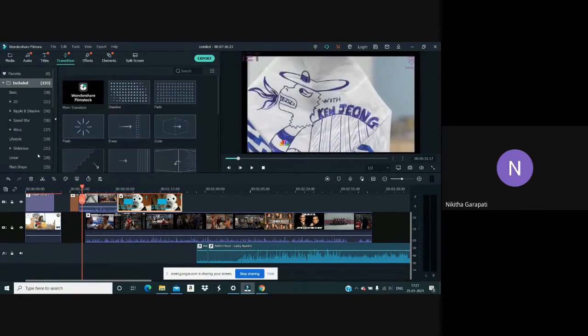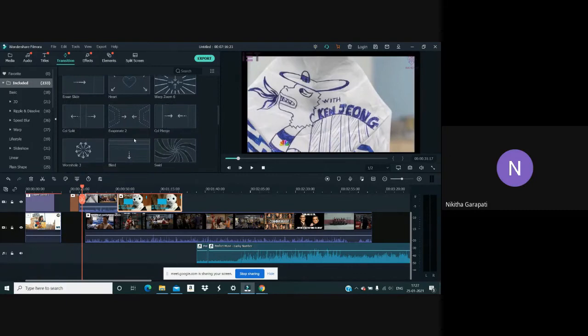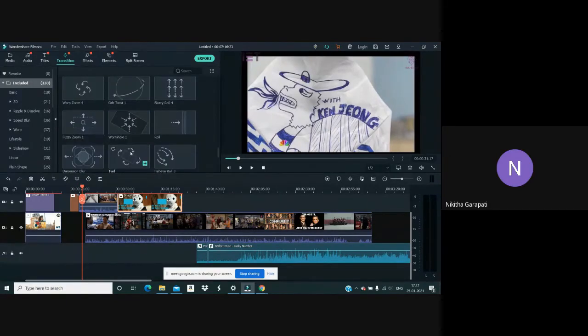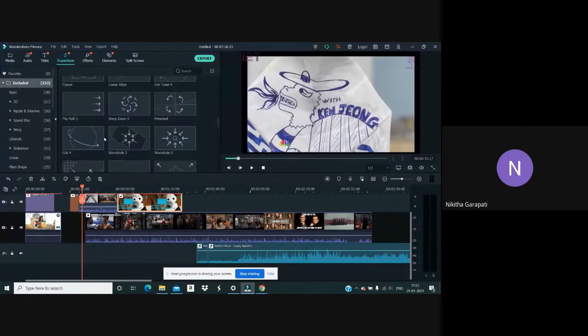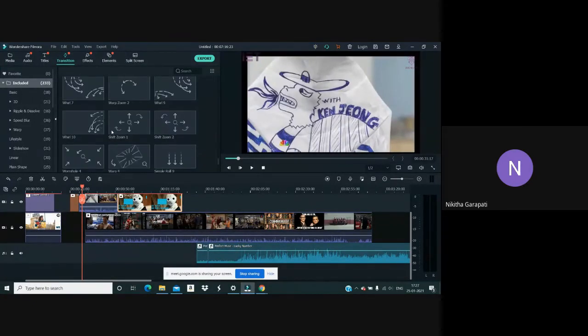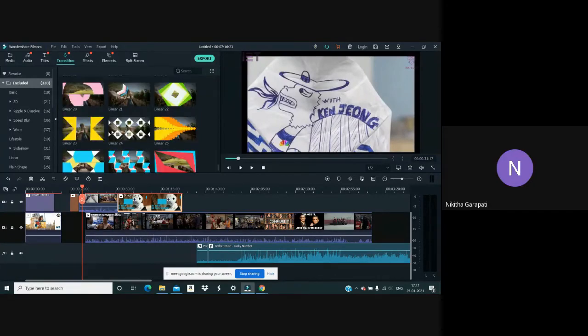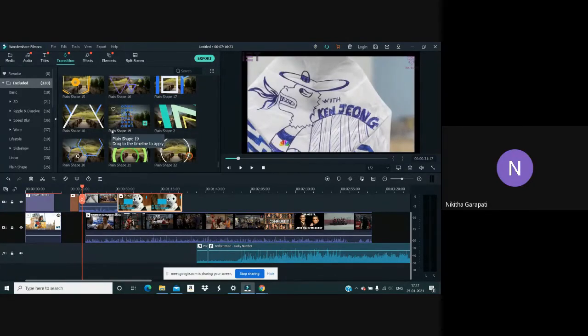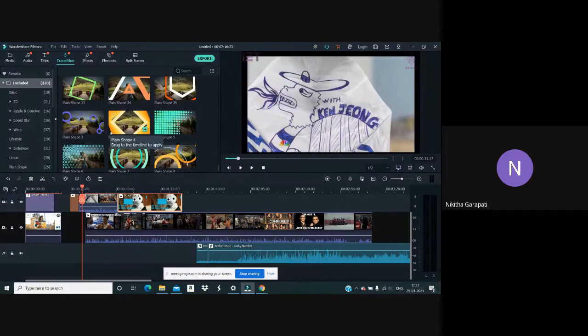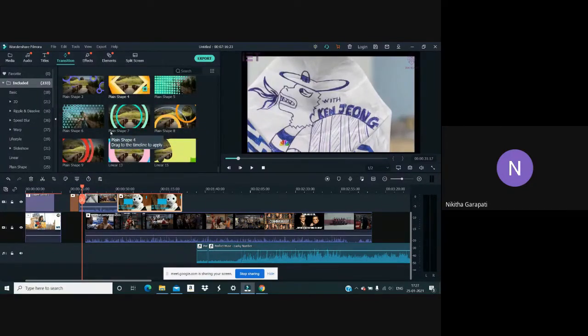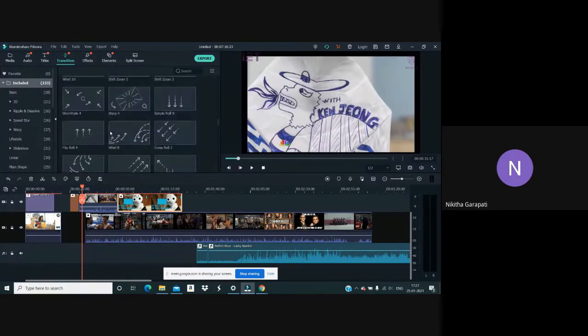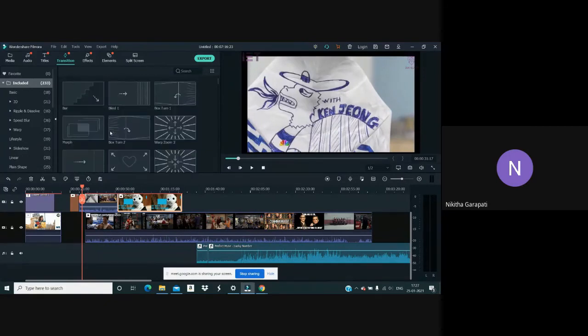So this is for your transitions. Transitions, as you know, you can only apply in between the clips. So again, similarly, just click on them and drag them to the point where you want the transition to appear. There are again a lot of transitions that are available. That's the main reason why I said using Wonderchef Filmora is quite simple. You'll have a lot of cool features which you can include in your video, because all these features are the ones which will make your video look great.